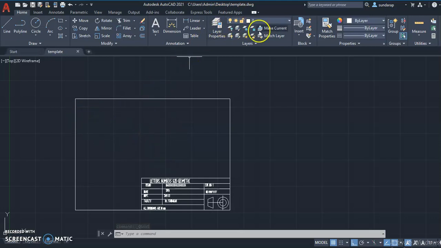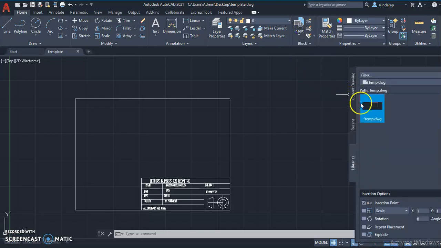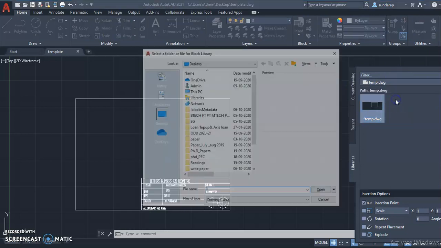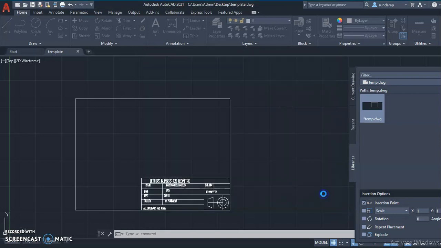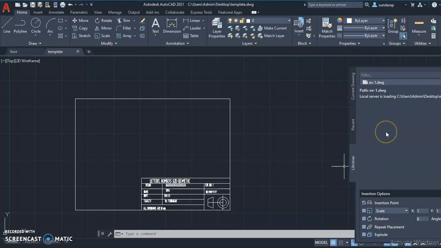So go to insert, block from the libraries. Here I'm going to browse the block. The first exercise, open. It will take a few minutes.